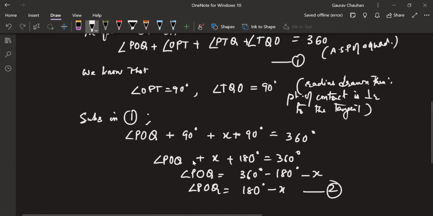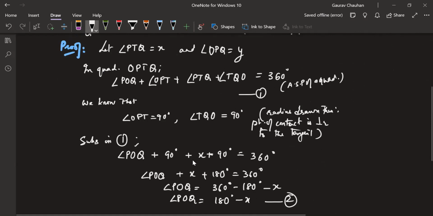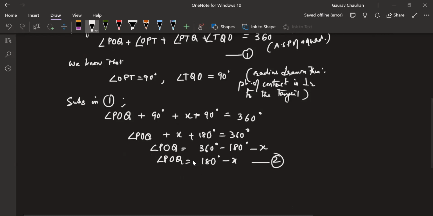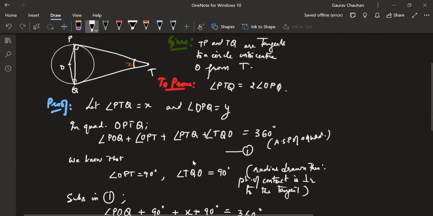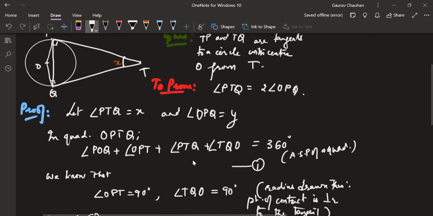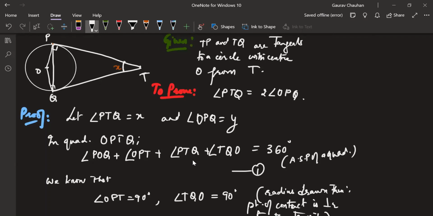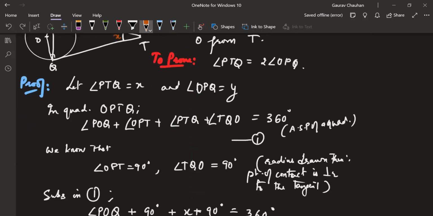Now we are going to go to this isosceles triangle, triangle POQ, and we're going to use its angle sum property. In triangle POQ, Asghar, what is the angle sum property of a triangle? If I add this angle plus this angle plus this angle, how much am I going to get? 180°.